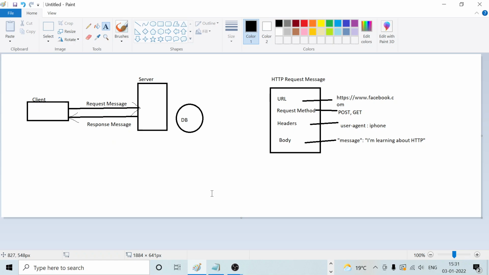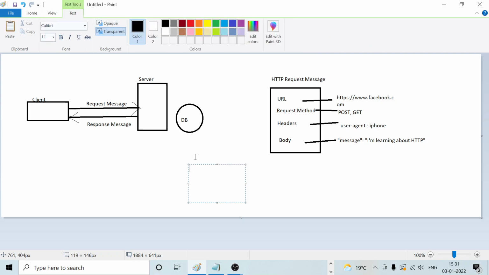Let me explain once again. This is the HTTP response message.